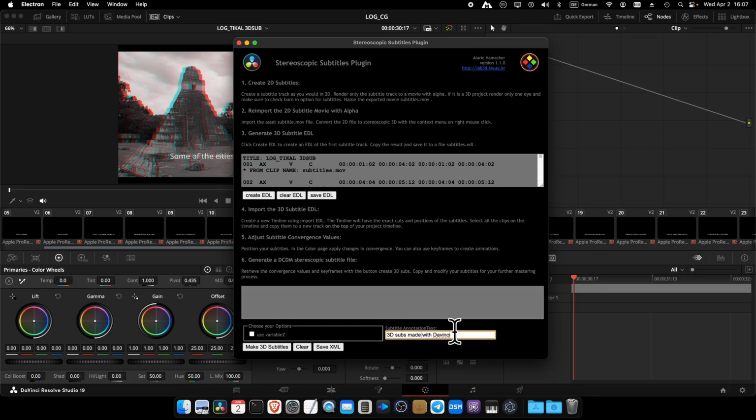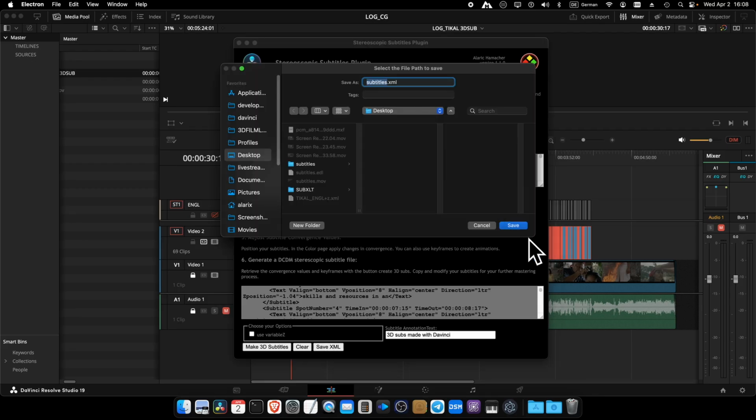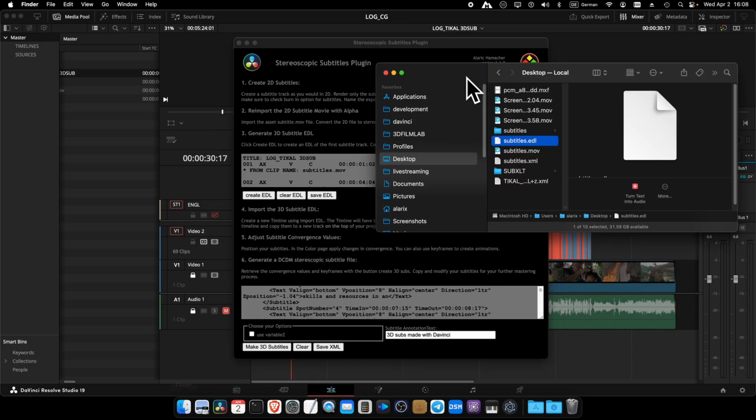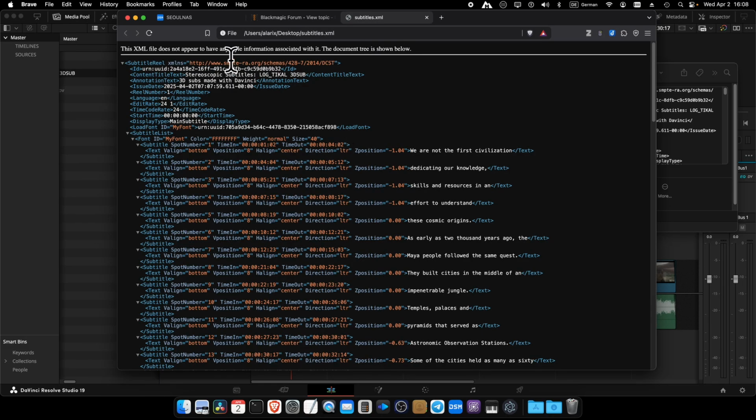You have the possibility to add some text here, which will appear somewhere in the subtitle XML file as an annotation. And if you hit the button make 3D subtitles, the plugin is going to execute and read the information from DaVinci Resolve and create your subtitles files, similar to the ADL. You can also save the XML file, and if you go to the desktop, you can open this with a browser, and you would see that the created